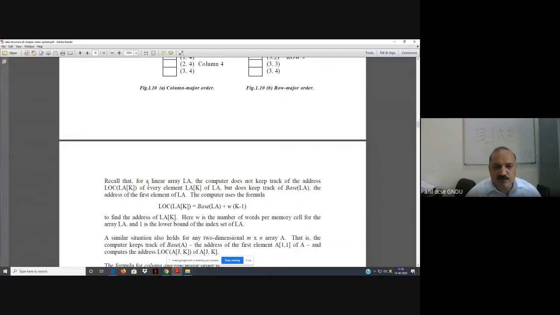Now recall that for a linear array LA, the computer does not keep track of the address of every element LA[K] of LA, but does keep track of the base address. So the computer always looks for the base address of the array. It stores the base address, then calculates the address of any index within the array. Clear? So this is the formula. The location of LA[K], meaning any element K in LA, is equal to the base of LA